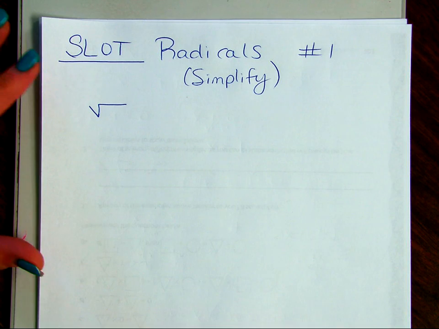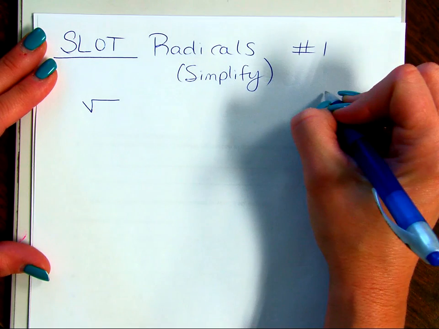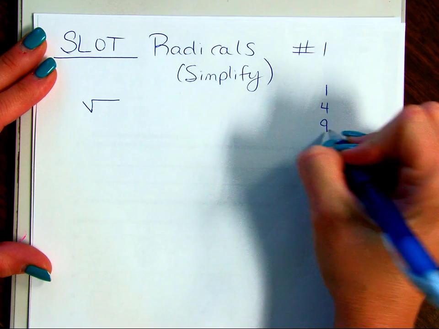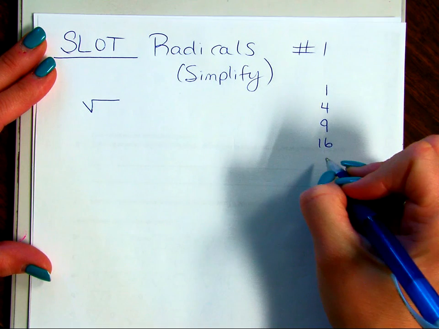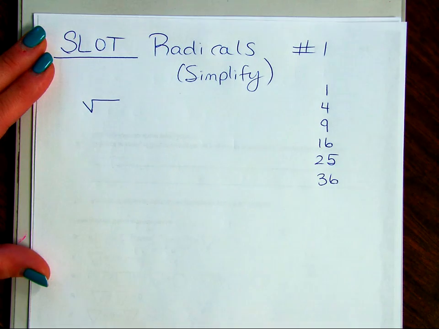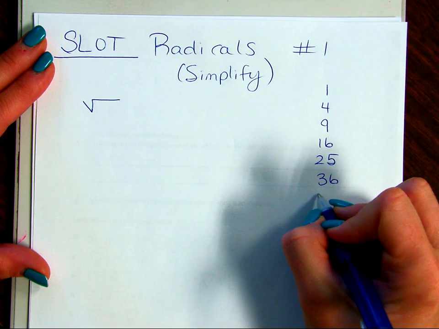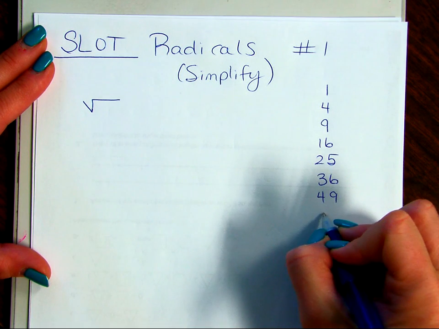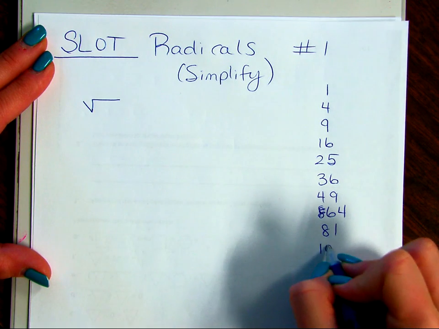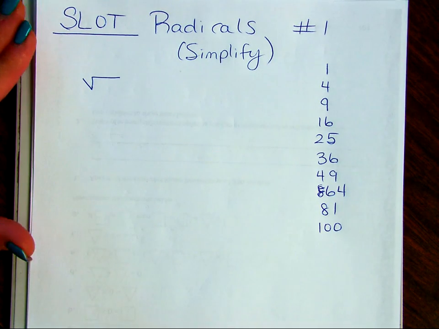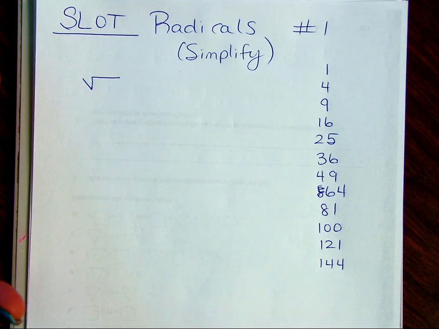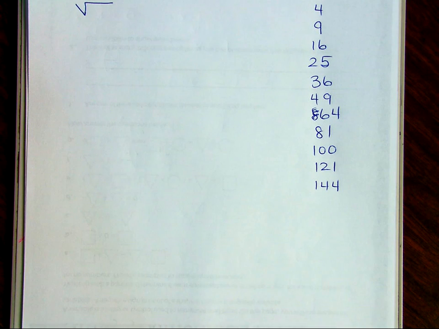So we're going to start by writing these numbers somewhere, because they are going to become your best friends. We're going to write these numbers over here. 25. You could probably come up with them on your own at this point, right? 36, 49, I always skip that one, 64, 81, 100. Does anybody know what 11 squared is? Good. 144. And usually that's about where you stop, but because you only had to learn up to your